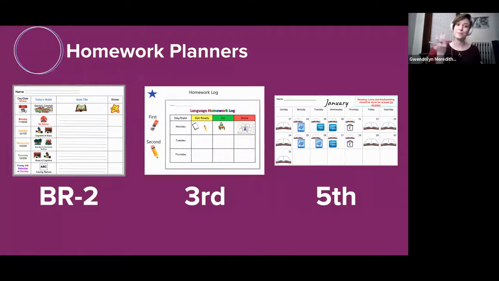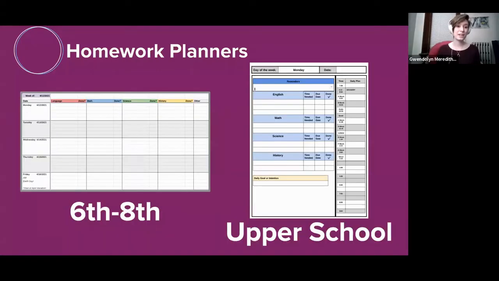So these are examples of some of our lower school homework planners that Jen Kurzrock works with often. So you can see in the BR2 planners, there's tons of visuals. They're mostly tracking the book titles. In the third grade, they have the ability to have it scaffolded where you can see the get ready, do, done. That helps them plan out how they're going to complete their homework process. And then in fifth grade, they're helping tracking out more on like a weekly calendar. However, this is still lots of teacher scaffolding, and you notice how it's appropriate for the grade levels here. And then that's going to change a little bit as we get up to middle school and eighth grade.